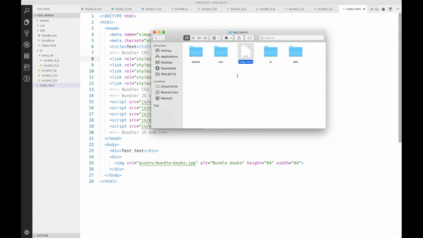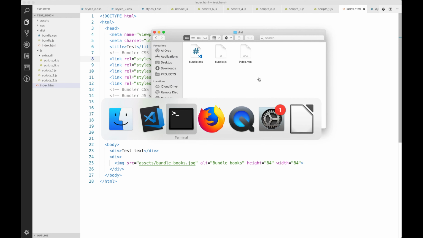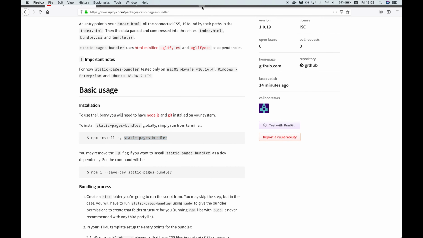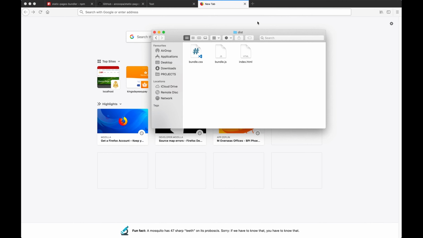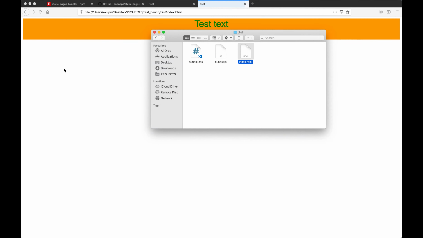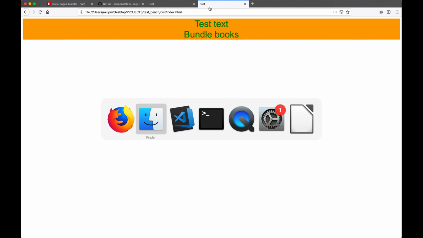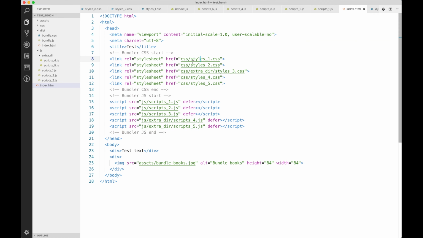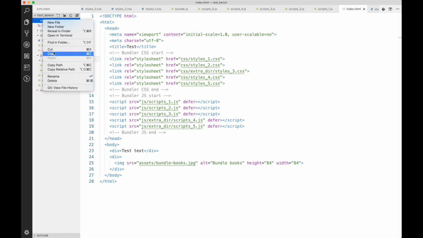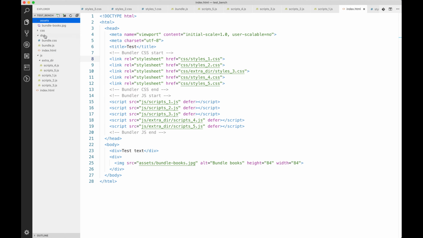Let's check the result of this script. As you can see, we're missing one thing. We're missing the image. It happens because the script doesn't change any asset URLs inside of those files. So to make it work, we have to copy the assets folder here